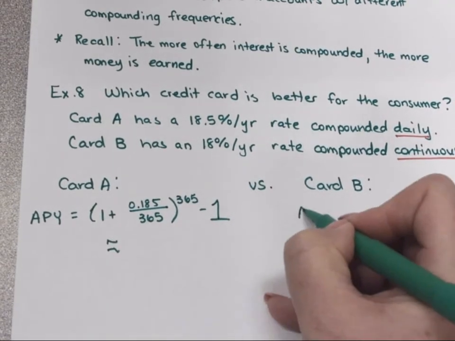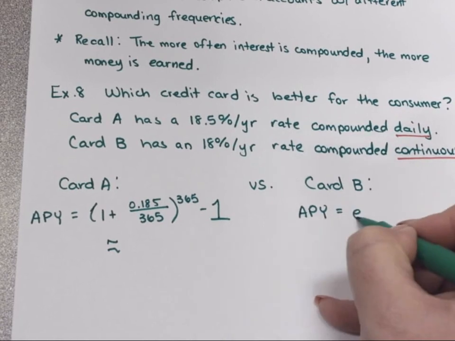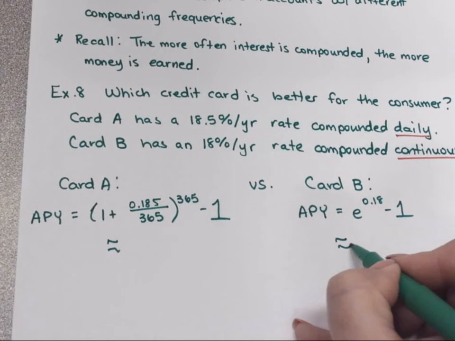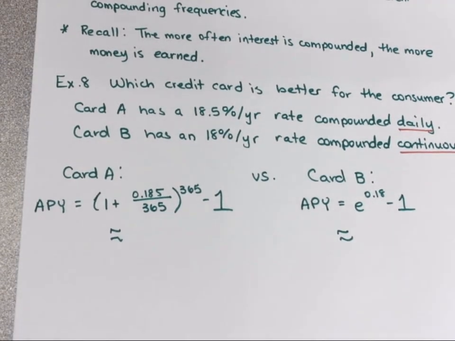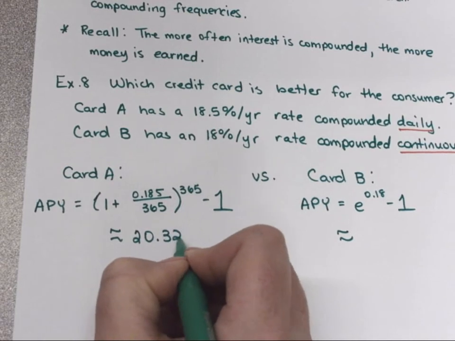Okay, as opposed to card B, we use the e version of the formula, so it's going to be e^0.18 - 1. So in other words, we don't really care what they say the interest rate is. We want to know effectively what we're actually paying. Okay, so if you punch this in, you actually get 20.32% here